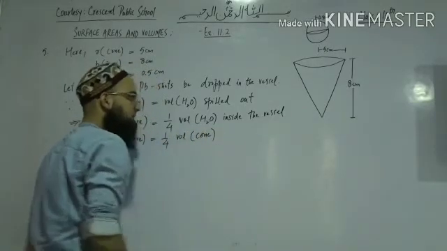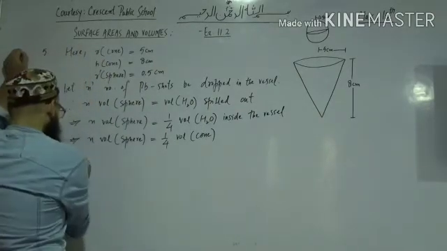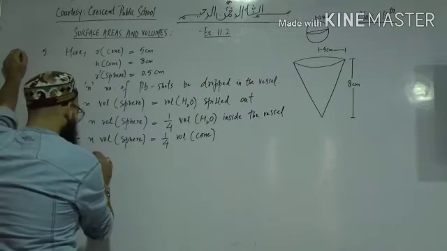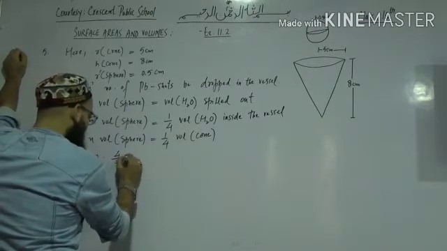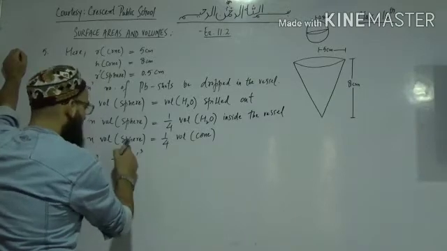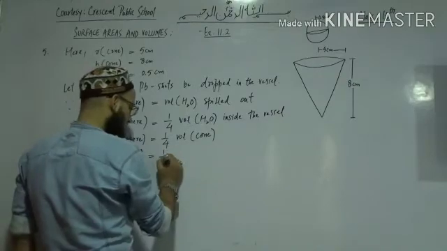Now we are good. Yes, because it's filled up to the brim, which implies that n times volume of sphere, you can easily find, 4/3 pi r dash cube, because the radius is r dash for the sphere, is equal to 1/4 times,